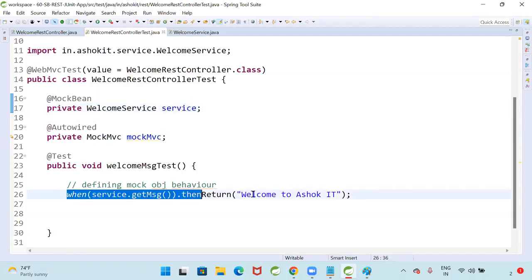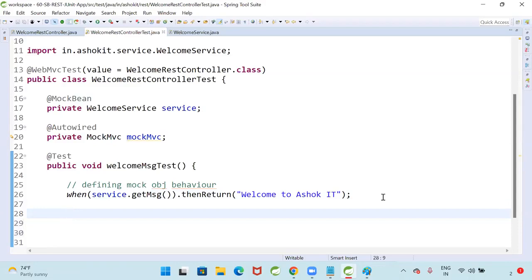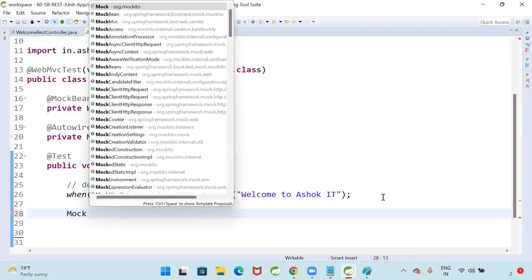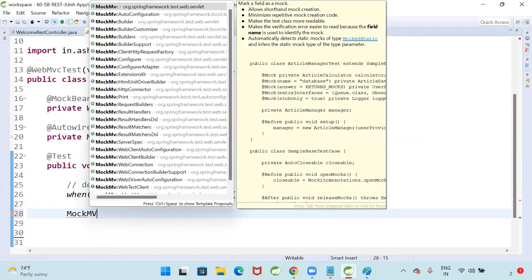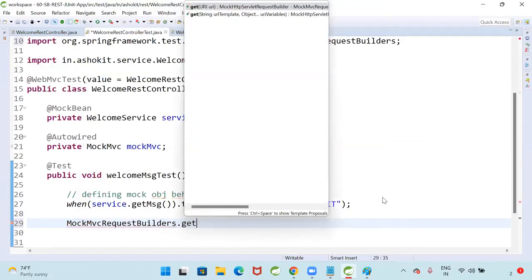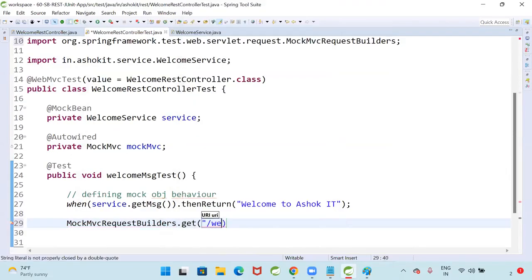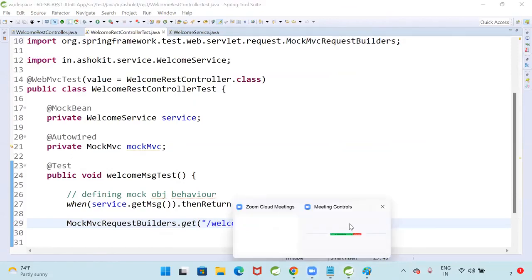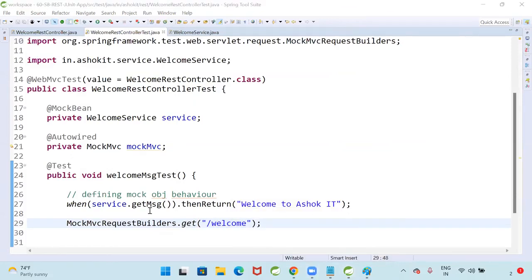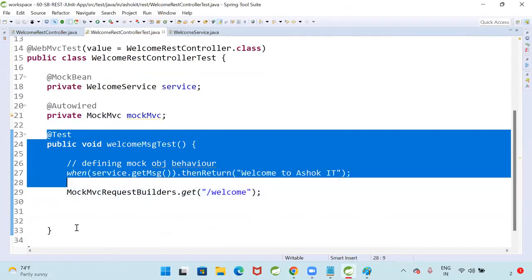Using that mock object, we are defining the dummy behavior. Then we need to send the request to our REST controller. For that, we need to prepare the request object: MockMvcRequestBuilders.get. What is our REST controller URL pattern? /welcome. Okay, so from this test method,